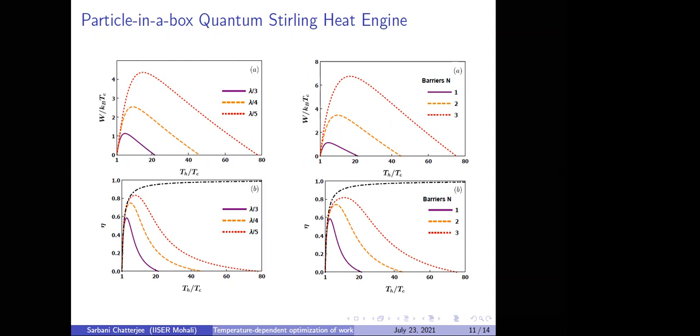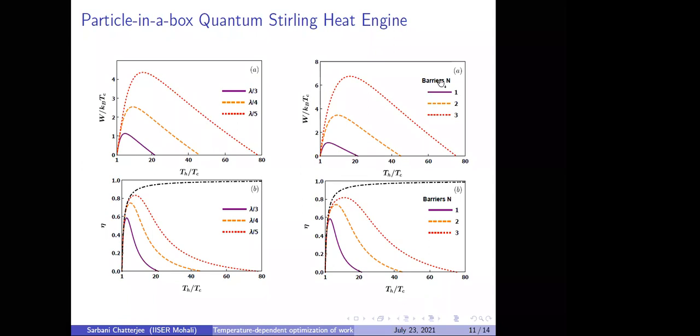Similarly, for the case of symmetrical insertion of n barriers, we obtain an energy level structure with n plus 1 fold degeneracy. Let us now look at these two plots here, where n is the number of barriers being inserted symmetrically into the box. We have fixed the length of the box to be equal to lambda by 3 to explicitly look at the effect of the addition of multiple barriers.